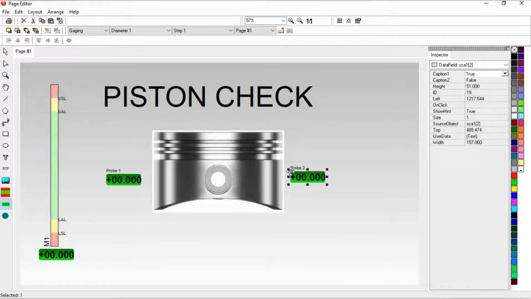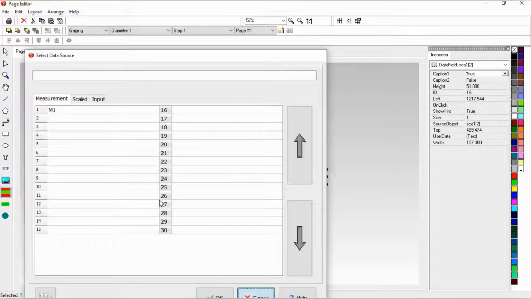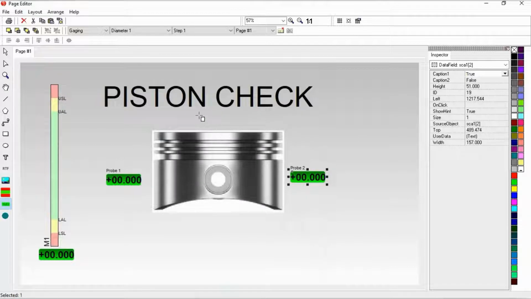Then if I click over here, if you'll notice, what the program automatically does is go to the second line, which is probe 2. So that'll be placed over here. And now we'll do the measurement for up here. So now that you have your screen all set,